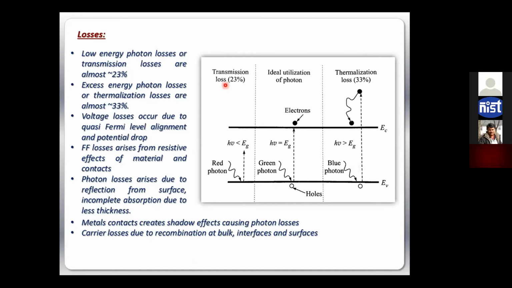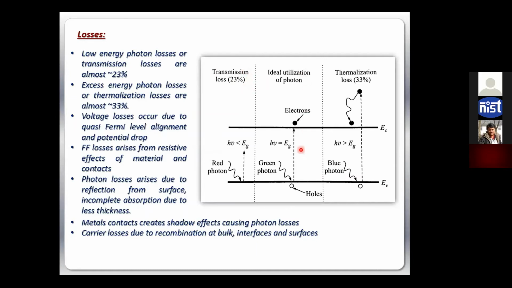One of such losses is transmission loss. What is the transmission loss? I have EC, EV, that is basically Eg for a particular material. Suppose the ideal material is 1.45 eV. Any photon whose energy is less than 1.45 eV cannot be absorbed. They would be simply transmitted by that material. Those photons are known as red photons, and 1.45 eV is a large number. A lot of photons can have lesser energy than that, right? If you calculate those kinds of losses, it comes around 23% of transmission, which is a high number, right?